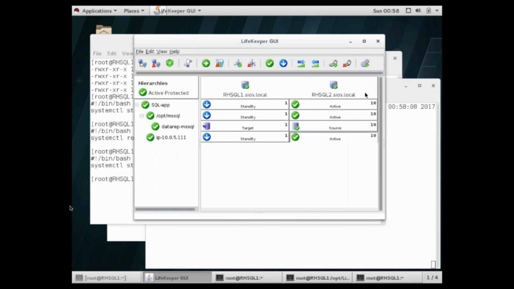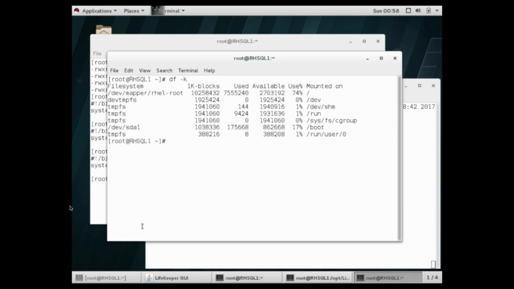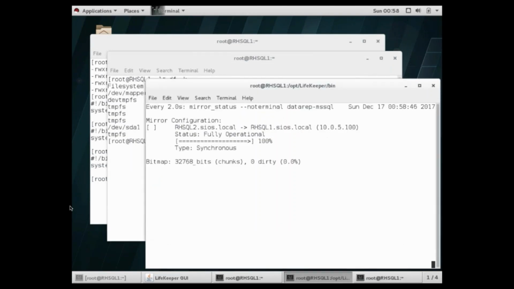Now we're going to bring up a mirror status in preparation to see the failover in action. As you can see on that left side, we have all these resources. There's IPs, there's data as far as drives go, there are mount points, and then finally there's the SQL system itself, right? So these are the pointers to what's in the scripts. In this example, I have restart and stop and start for the SQL Server processes. As you can imagine, I need to be aware of what's starting and stopping if I'm going to fail over